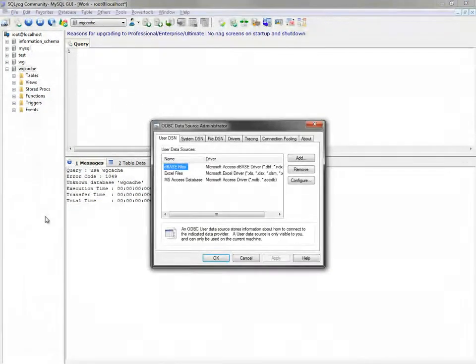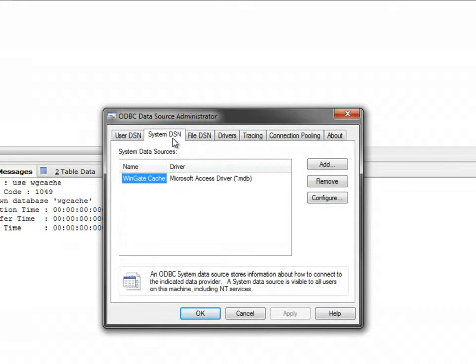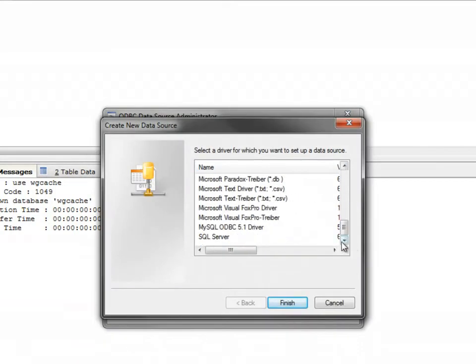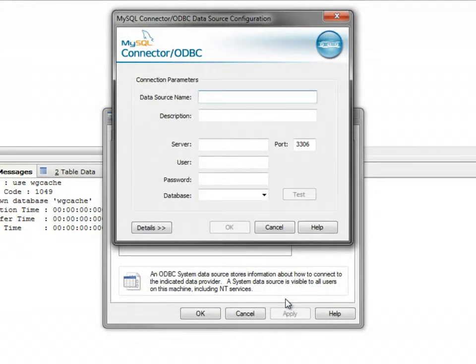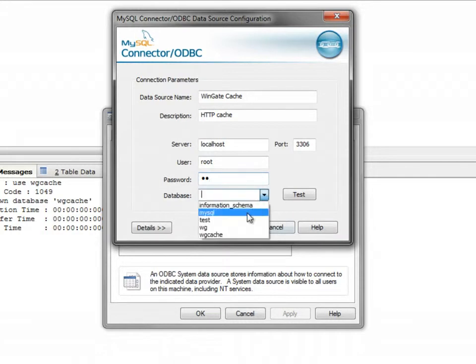Now we need to create a system DSN, or data source name, for the MySQL server. Just a quick note here, if you're using a 64-bit OS, then you need to run the 32-bit ODBC manager. So go to your Windows directory, find the syswow64 folder, and double-click odbc32.exe. Click the Add button, find the MySQL ODBC driver, and now we need to enter the connection parameters. Select the database that we created,